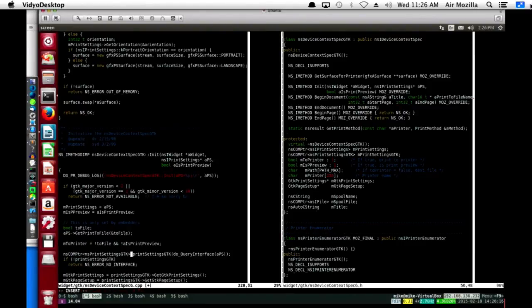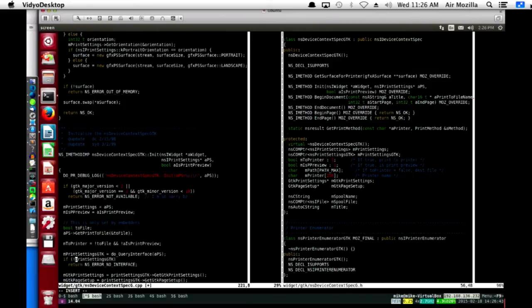So I'll say mprint settings GTK equals print settings G. Wait, no, that's wrong. Settings GTK equals do query interface.